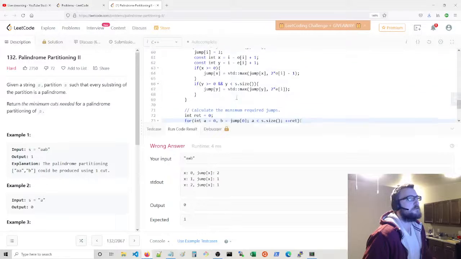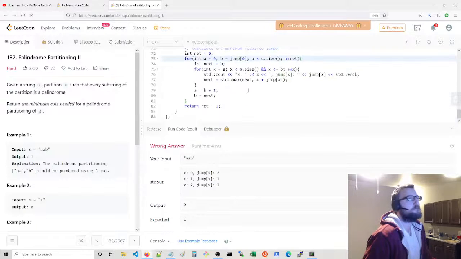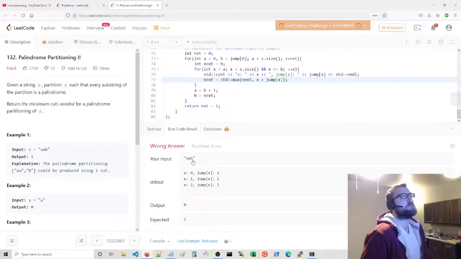When we jump to, yeah, how many characters at that index? So I think it's actually supposed to be x minus 1. We get 0, 1, 2. Oh no, but it's 1 past. Yes, that's correct. So jump 2, and then that means that next ends up at 2, and the first time around, I think we probably should